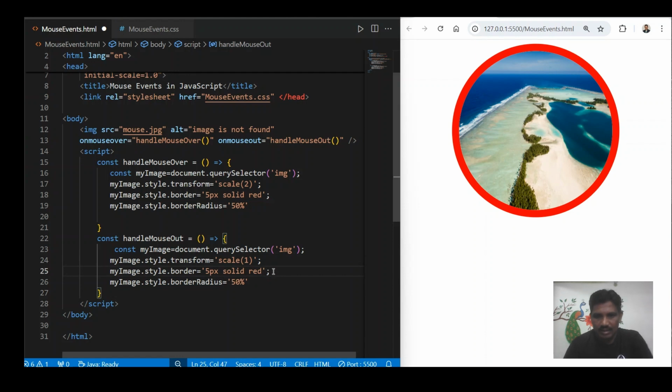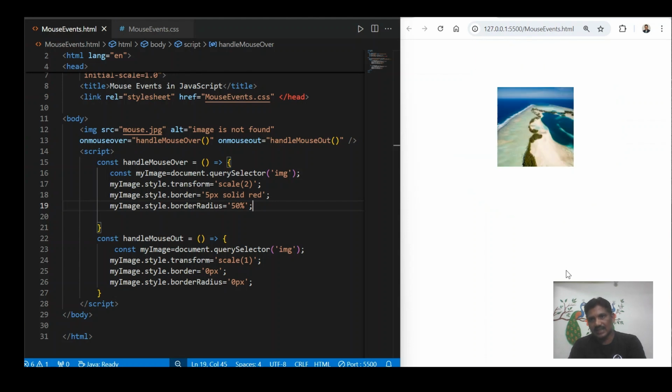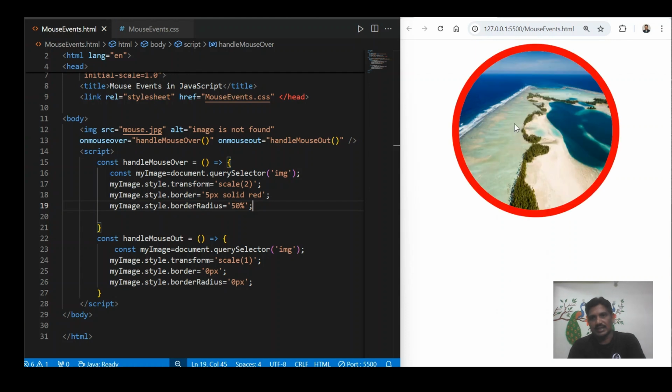Then border should be 0 pixels. Then border radius, nothing. It is also 0 pixels. When the mouse pointer is placed over the image, the mouseover event is generated. When the mouse pointer leaves that image, the mouseout event is generated. See here,